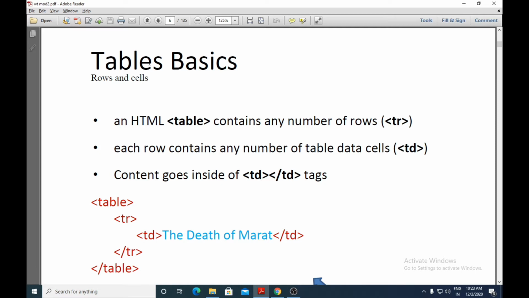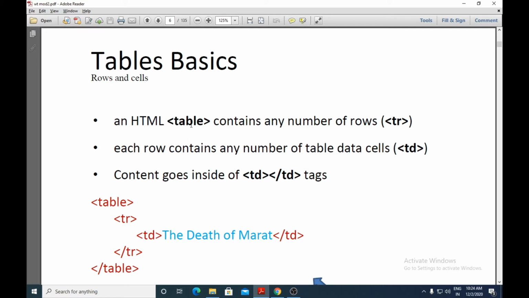So we'll see some of the table basics here. Rows and cells. An HTML table contains any number of rows, and rows can be created using the tr element, or tr tag. Each row contains any number of table data cells, that is td.